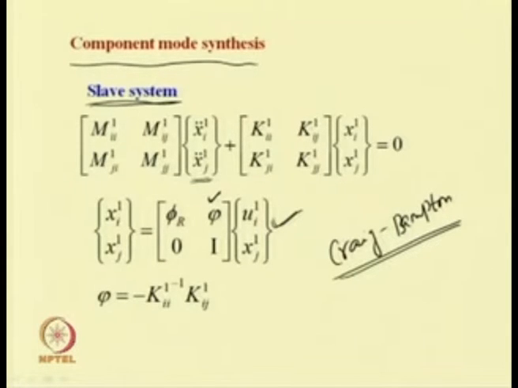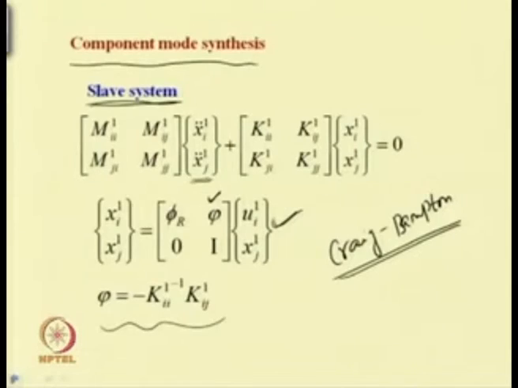So, this will be equal to phi_r psi, 0 I, into u_I1 and x_j1. Here psi equals minus k_II1 inverse into k_Ij1. This is for the slave system. In this way we can write the equation in this form. Then we can write this m_1. Here, in this equation, m_11 or m_1 can be written